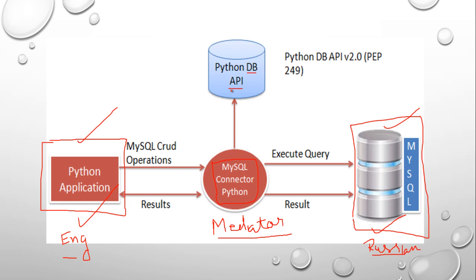So what is the benefit of this DB API? As you know, in Python there are various modules present. Let me give you the name of a module: the math module. I think you have used the math module in 11th standard also. In the math module you use the function named sqrt. There is one more function named power. You used those functions in 11th standard, right?